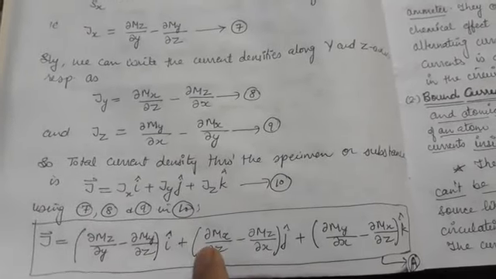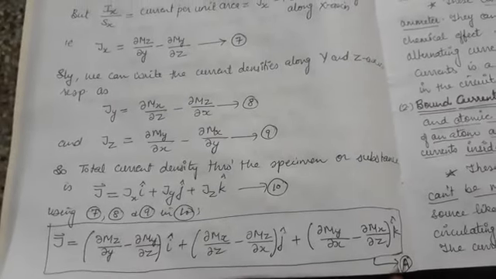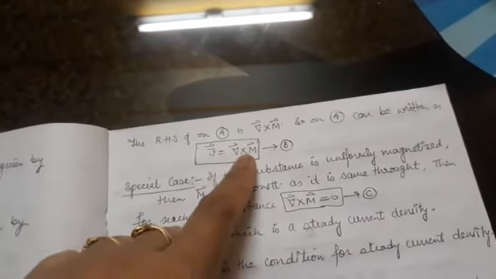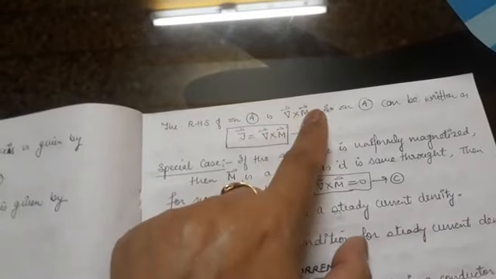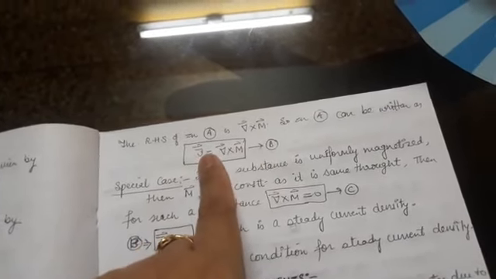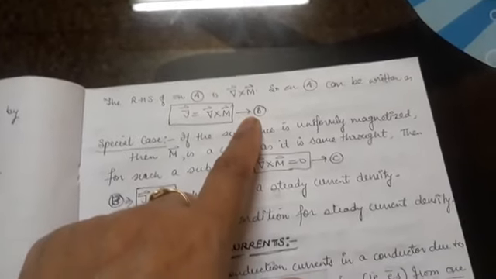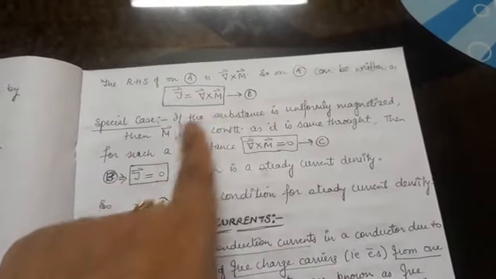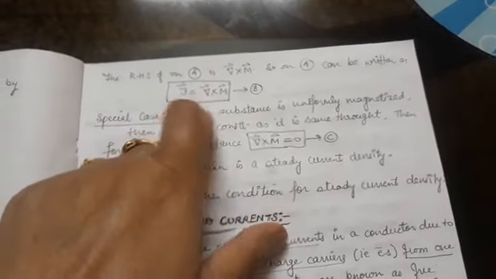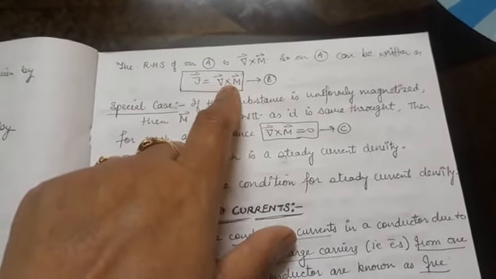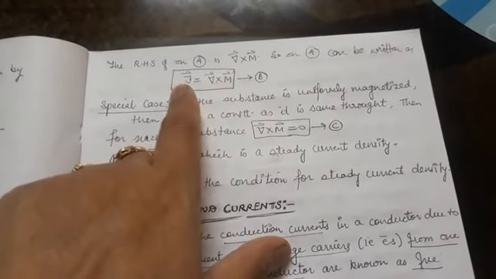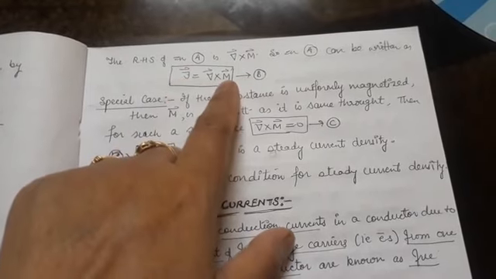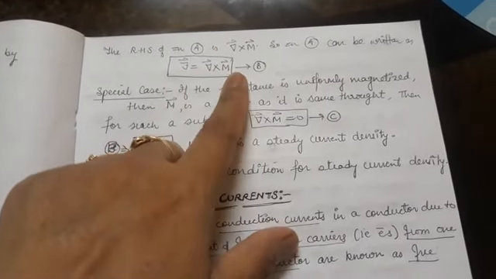Now I can write the right-hand side of equation A in the form of the curl operator like this. The right-hand side of equation A is del cross M. You can prove this also. This is again nothing but del cross M. So hence J vector is equal to del vector cross M vector. This becomes your equation number B. Now let us come to the special case. First of all, equation B or equation A shows that for a non-uniformly magnetized matter, the current density J vector is related to the magnetization vector M by equation B.